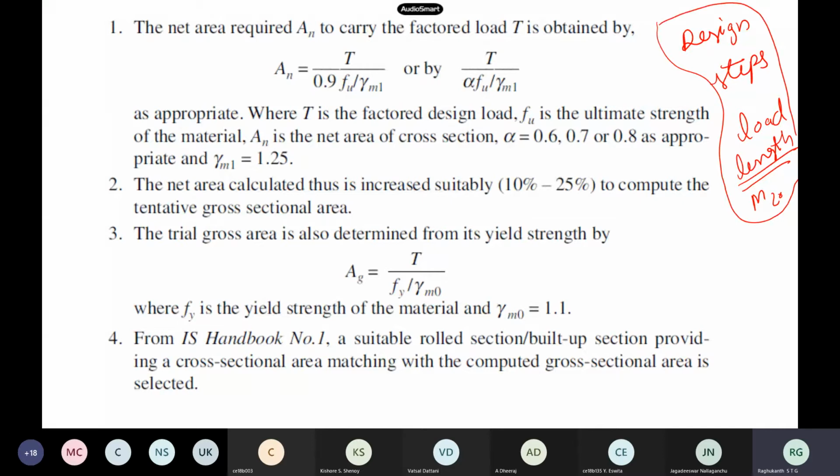And then using this one, now we have to find out the dimensions of your member. As I already told you, whenever there is a tension member, the dimension is area only, because sigma is P by A. If it is a beam, then you have to worry about section modulus. If you are designing for torque or something, then you have to worry about the polar moment of inertia kind of thing itself.